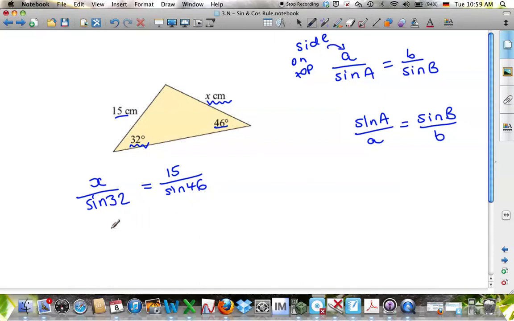Okay, so now we have an equation that we need to solve. So just like any other sort of equation that we try to solve, we want to try and get x by itself. So because x is being divided by sine 32, then we do the opposite, so we multiply by sine 32. So if we multiply both sides by sine 32, we have 15 times sine 32 over sine 46. Now we have x by